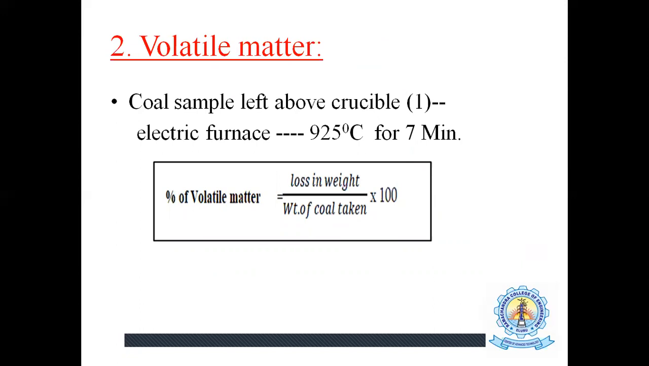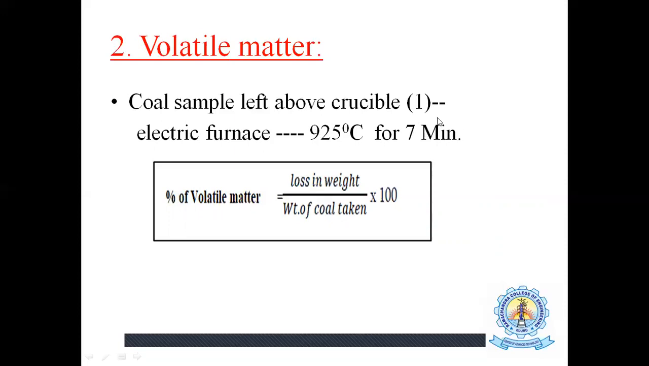Volatile matter is unburnt organic and inorganic gases. In order to determine the volatile matter, we take the sample left in the crucible from the moisture determination. The remaining crucible, left from the moisture, is crucible one, and that is introduced into the electrical furnace and the temperature is maintained at